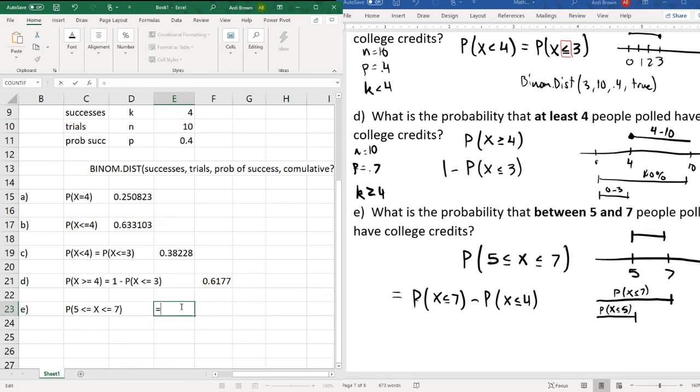No equals, just text. Okay. Alternatively, a different way that I could think about this. I'm going to put this right here. Another way that we could phrase this